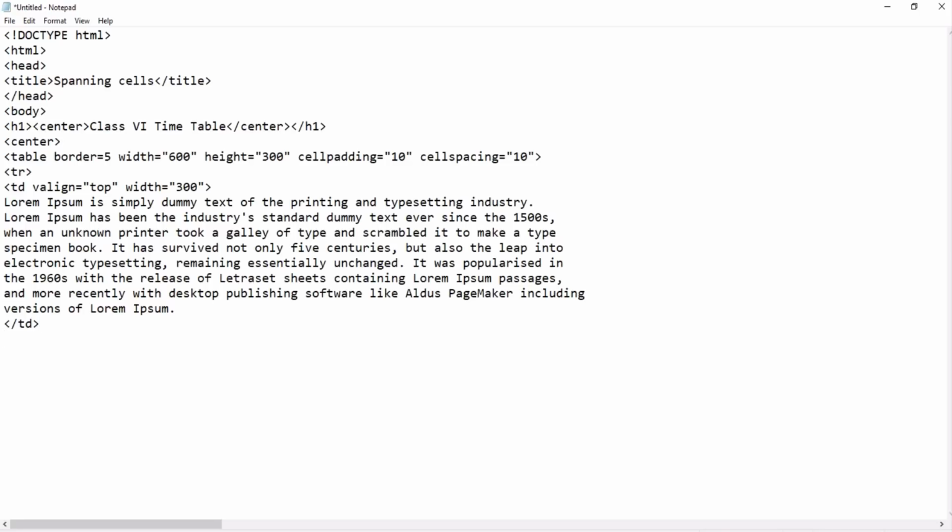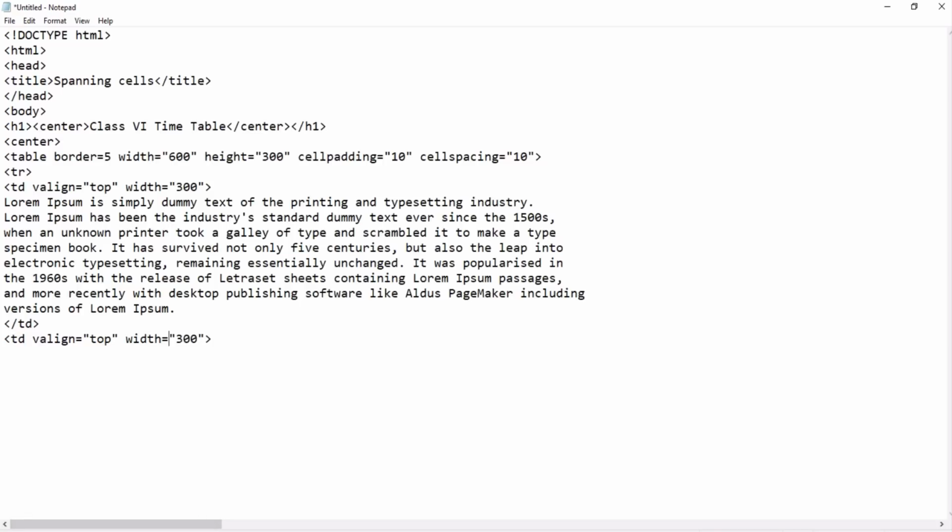Now next, again I will write here TD. V align. Again I will write down top. Width is equal to 300. Oh, I forgot to write the equal sign.